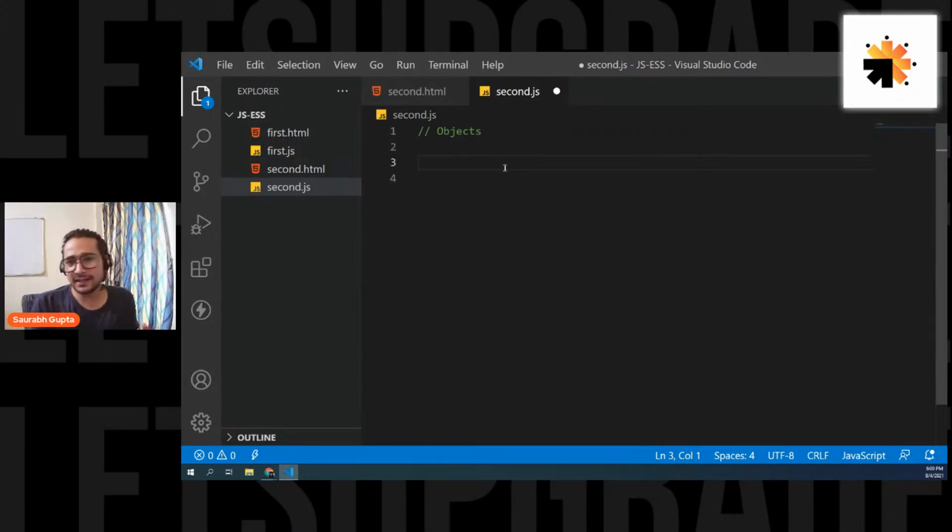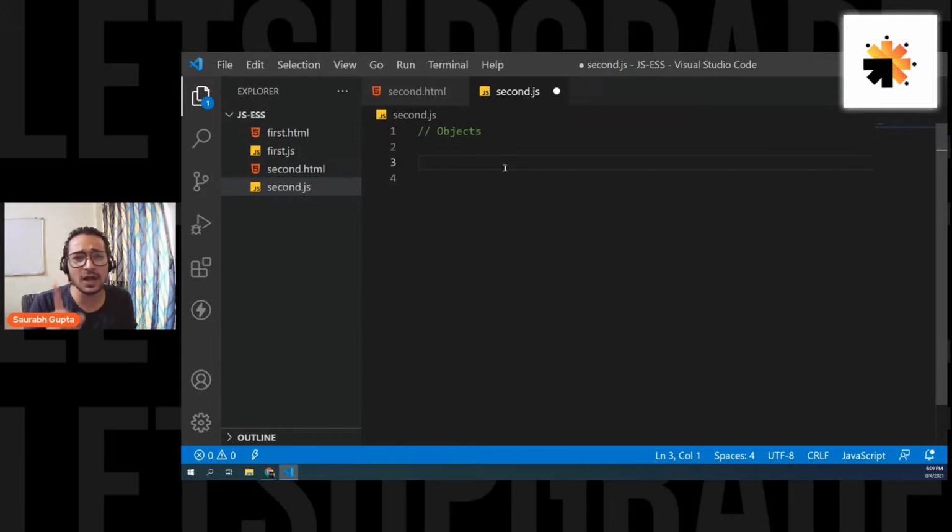Okay, so let's start learning about objects. So first of all, what is an object in JavaScript? And why am I specifying JavaScript? Because it works a little different here. As compared to all other languages like Java and C#, the formation of objects works a little different in vanilla JavaScript. The concept is the same, but the formation is different. That's why I'm specifying let's learn objects in JavaScript.